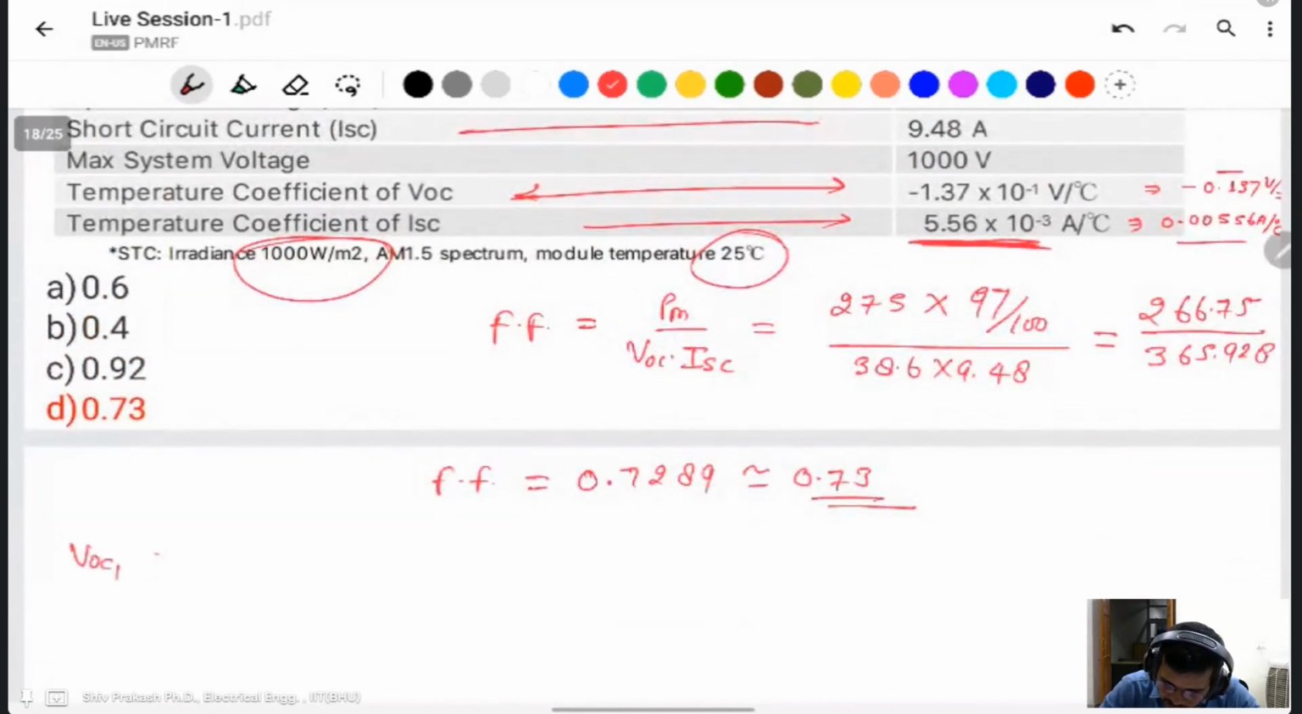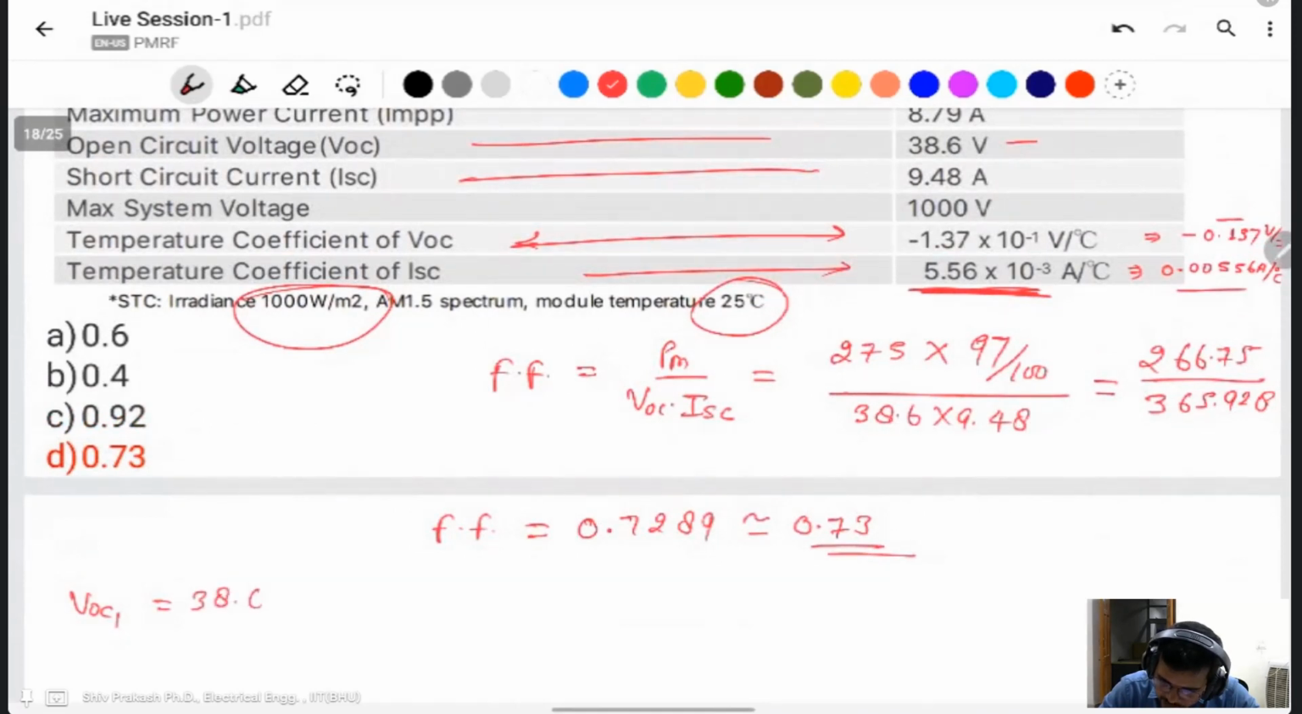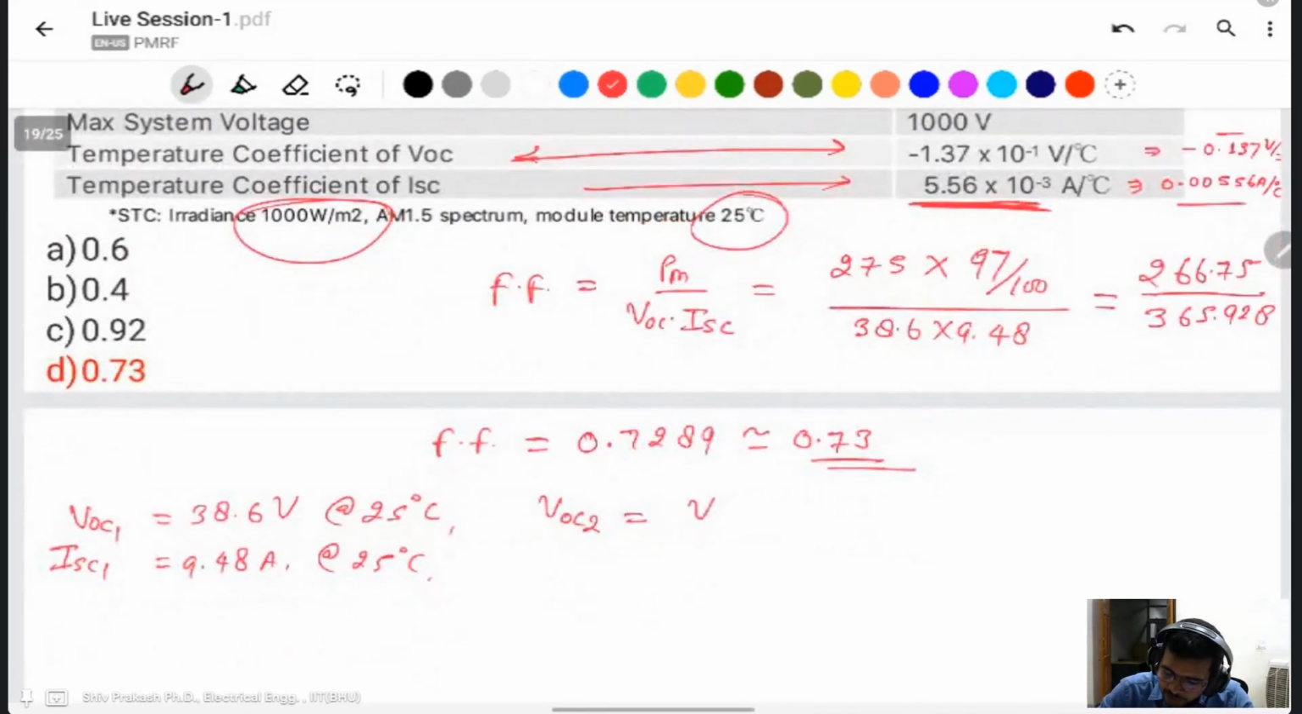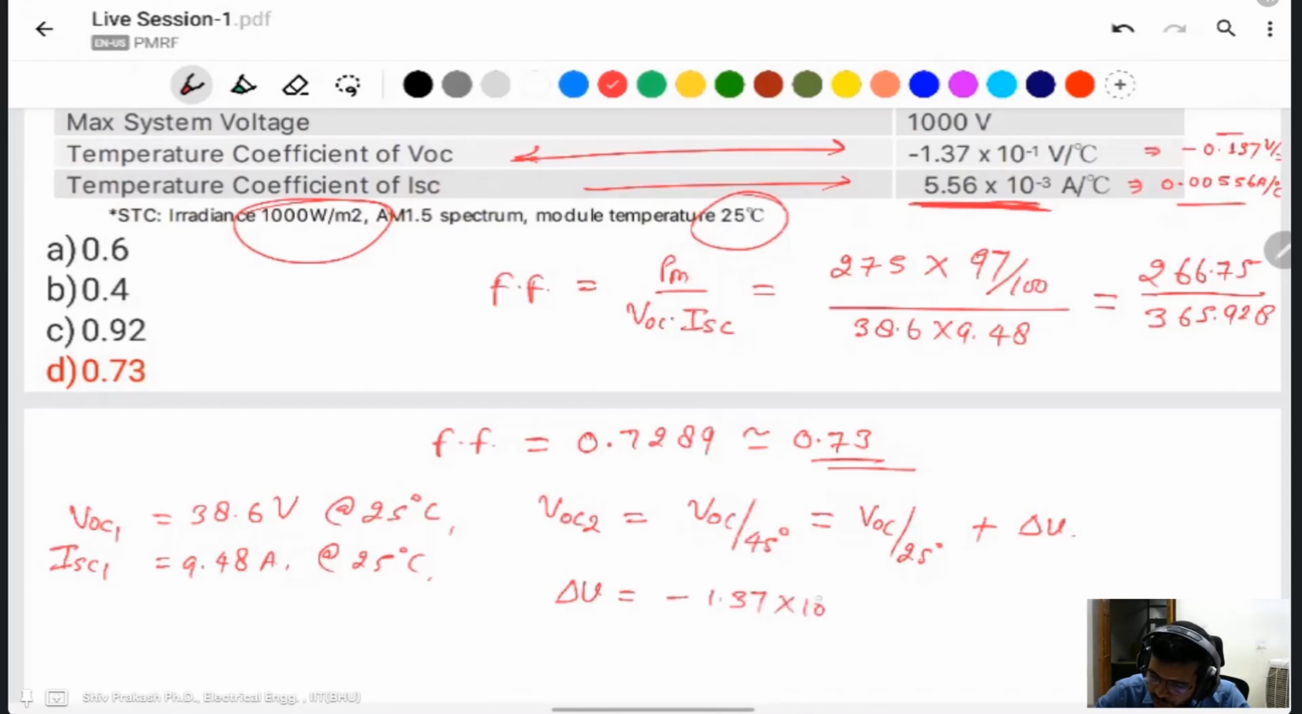Okay, I write VOC1 is equal to 38.6 volt and ISC1 is equal to 9.48 ampere at 25 degree centigrade. Second, VOC2, which is VOC at 45 degree centigrade, is equal to VOC at 25 degree centigrade plus delta V changes. So what will be the delta V change? It is given as a minus of 1.37 into 10 to the power minus 1 per degree centigrade,